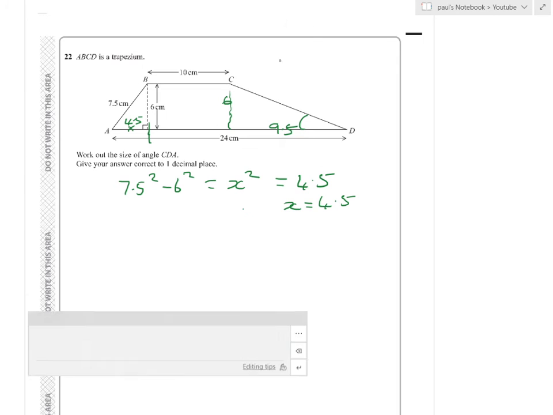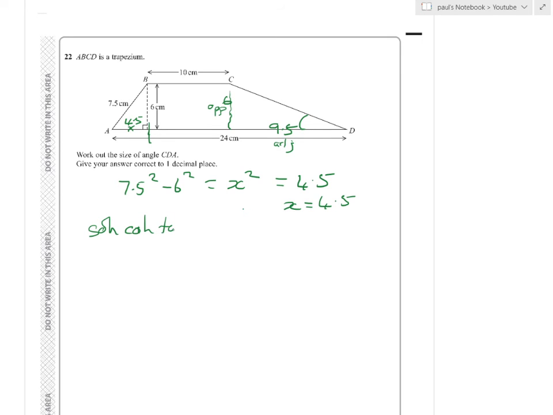So I've got 9.5 there, that's 6. So now I can use trigonometry to find that angle. So that will be the opposite, and this will be the adjacent. So that's tan, isn't it? SOH CAH TOA. It's quite a difficult one, though, isn't it? So this is tan. So tan CDA is the opposite, which is 6 divided by 9.5. 6 divided by 9.5